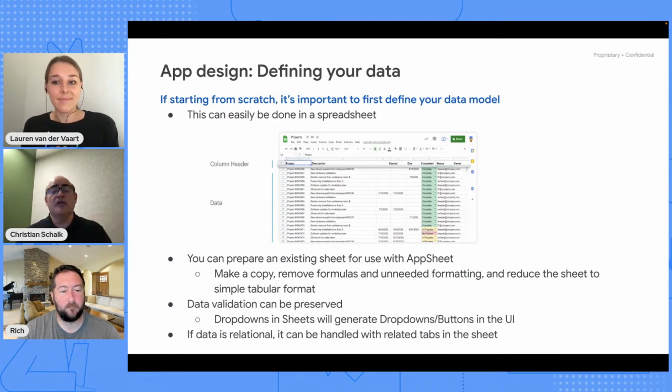Another thing, if you have existing data, say in a sheet, and you want to use it in AppSheet, you'll want to think about how to prepare that sheet in a way that provides the most efficient or the most pain-free way to allow AppSheet to do it. So in this sense, it's always good to take a sheet and make a copy of it. Say you have a sheet that has a lot of formulas, a lot of data, a lot